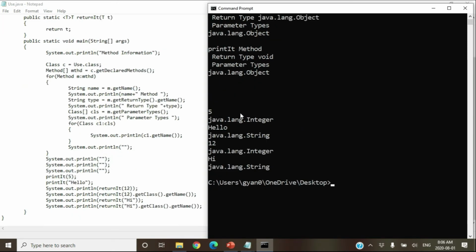And here, just by calling the getClass.getName method on the reference variable small t, we are getting java.lang.Integer, java.lang.String, etc., because the getClass.getName method returns the type of that object whose reference is stored in the reference variable t. It never returns the type of the reference variable t. It returns the type of that object whose reference is stored in the reference variable t. That's how here we are getting java.lang.Integer and java.lang.String, because only these two data types are stored in the reference variable t. We know that a reference variable of type java.lang.Object can store a reference of any object in Java. So that's what is happening here.